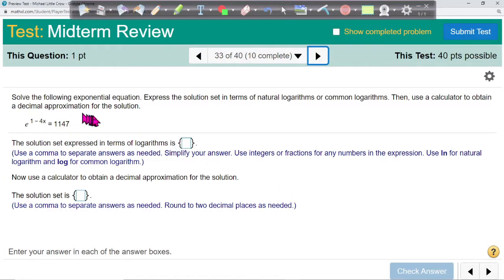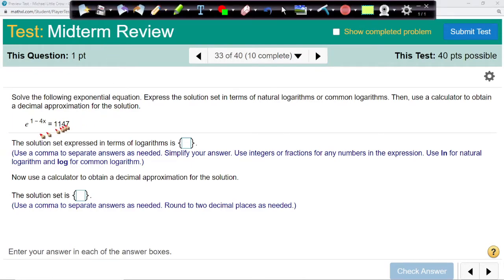33. Solve the following exponential equations, express the solution set in terms of logarithms, and so forth. Okay. You could do this with a graphing calculator. You could graph one side as y1, the other as y2, find the intersection, and we're good. We could also use logarithms. So we take the natural log, ln, of both sides. When you take the ln, the exponent comes down, and so you get 1 minus 4x times the natural log of e equals the natural log of